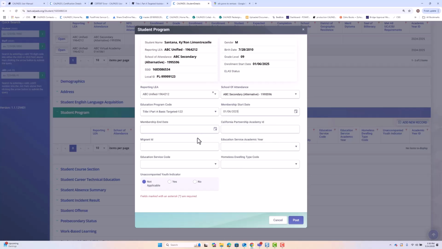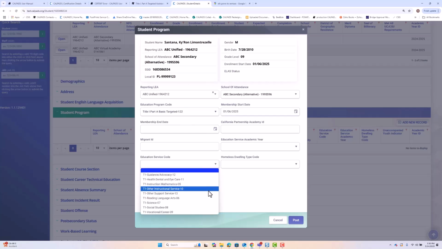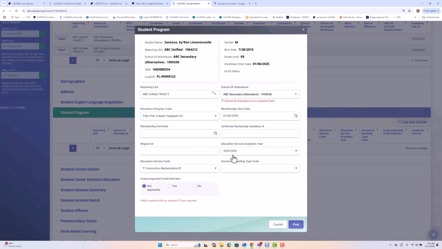The student is still enrolled, so we're not adding a membership end date. And then, conditionally required for every Title I Part A basic record, for every Program 122 record, we have to populate the service code. So in addition to the education service code, we need an academic year, the education service academic year. Now we'll click post,